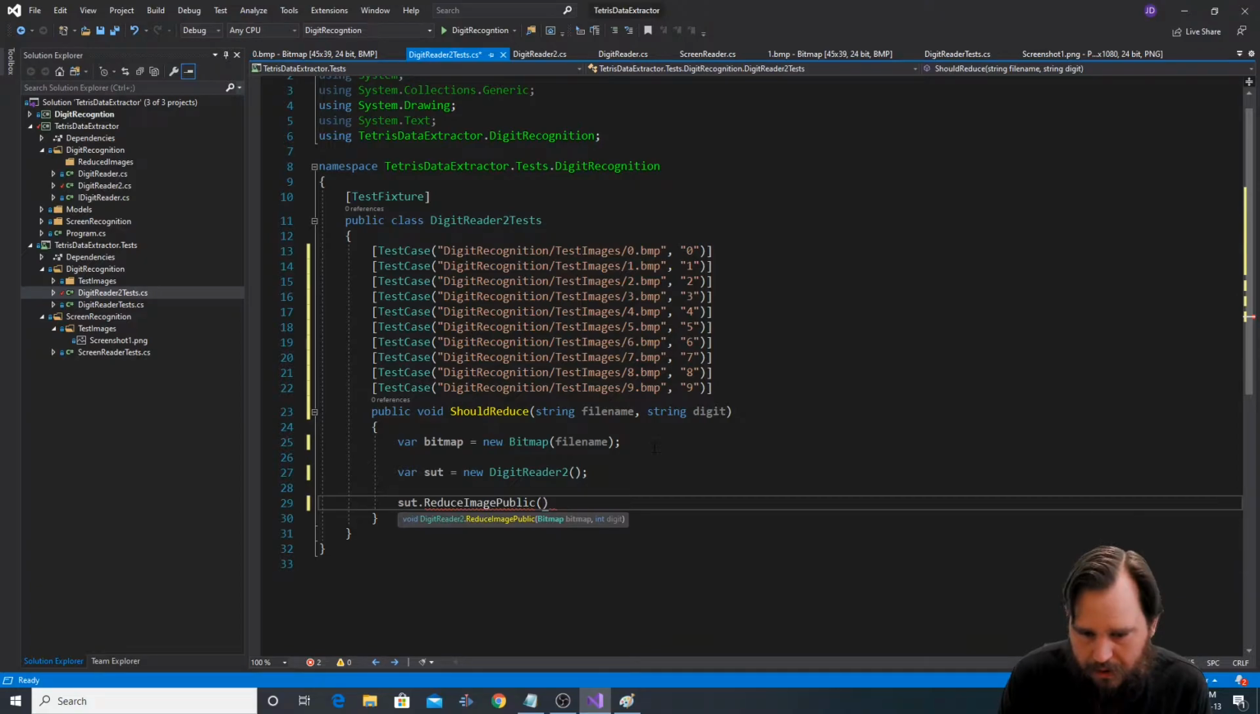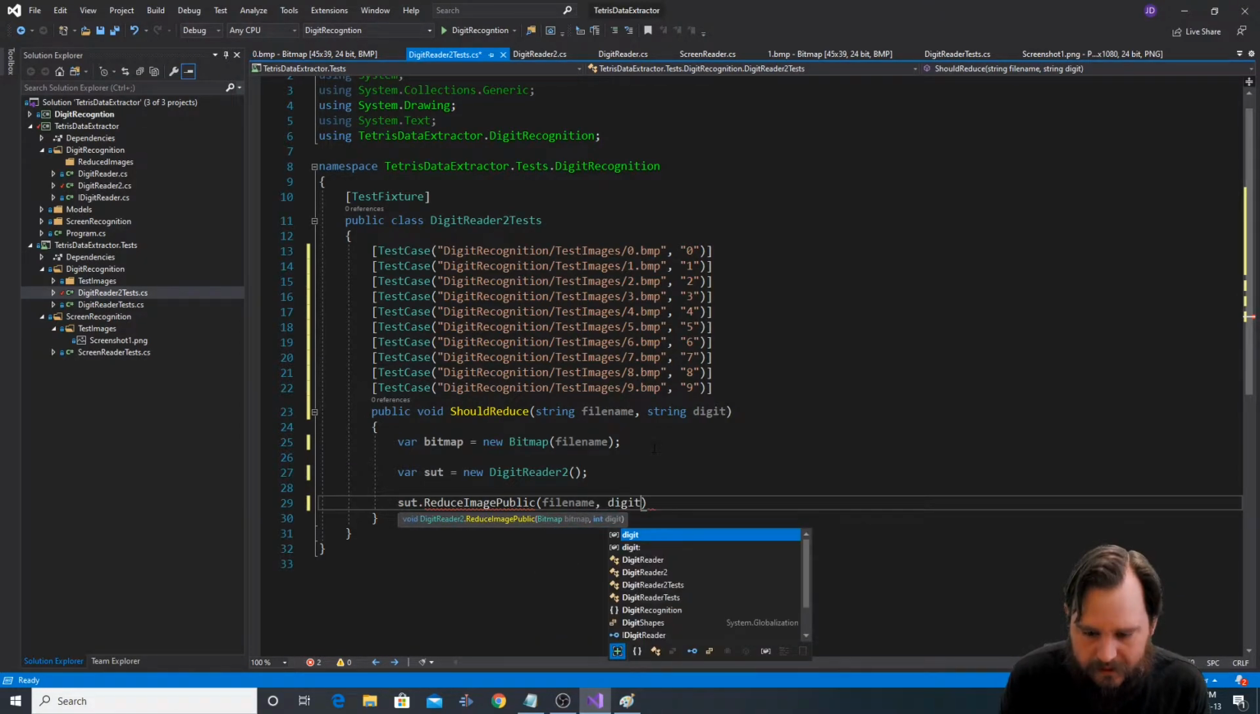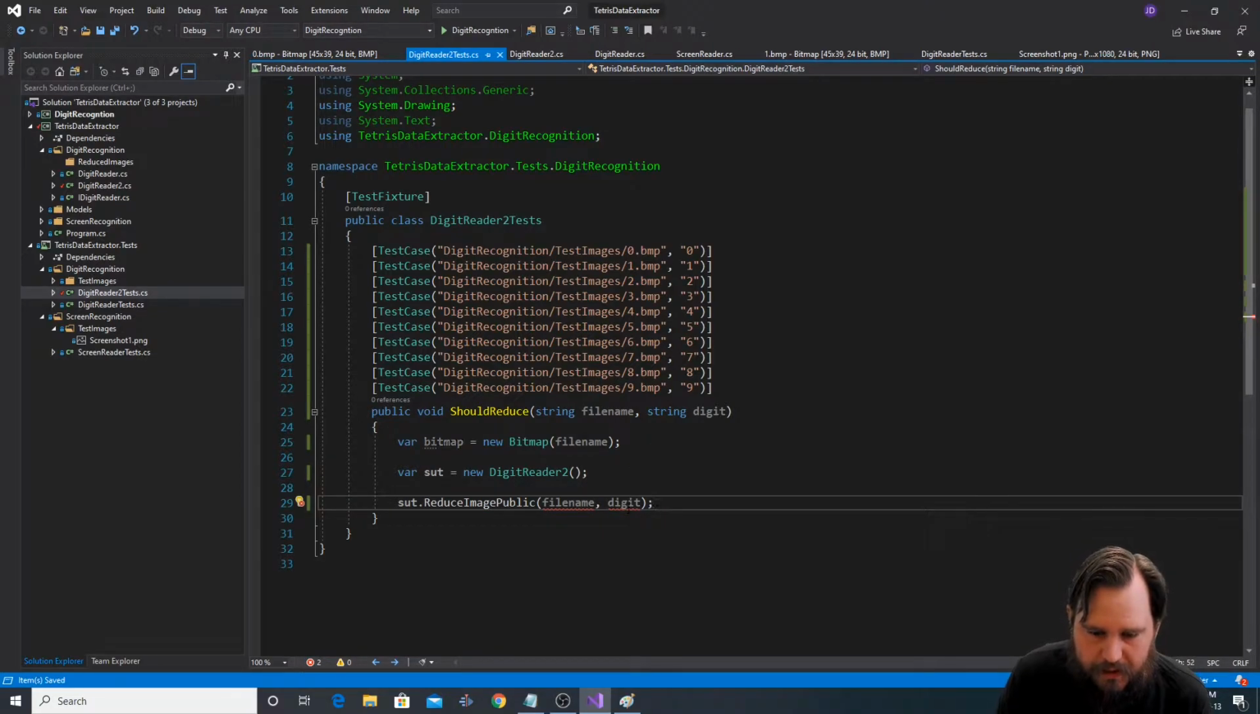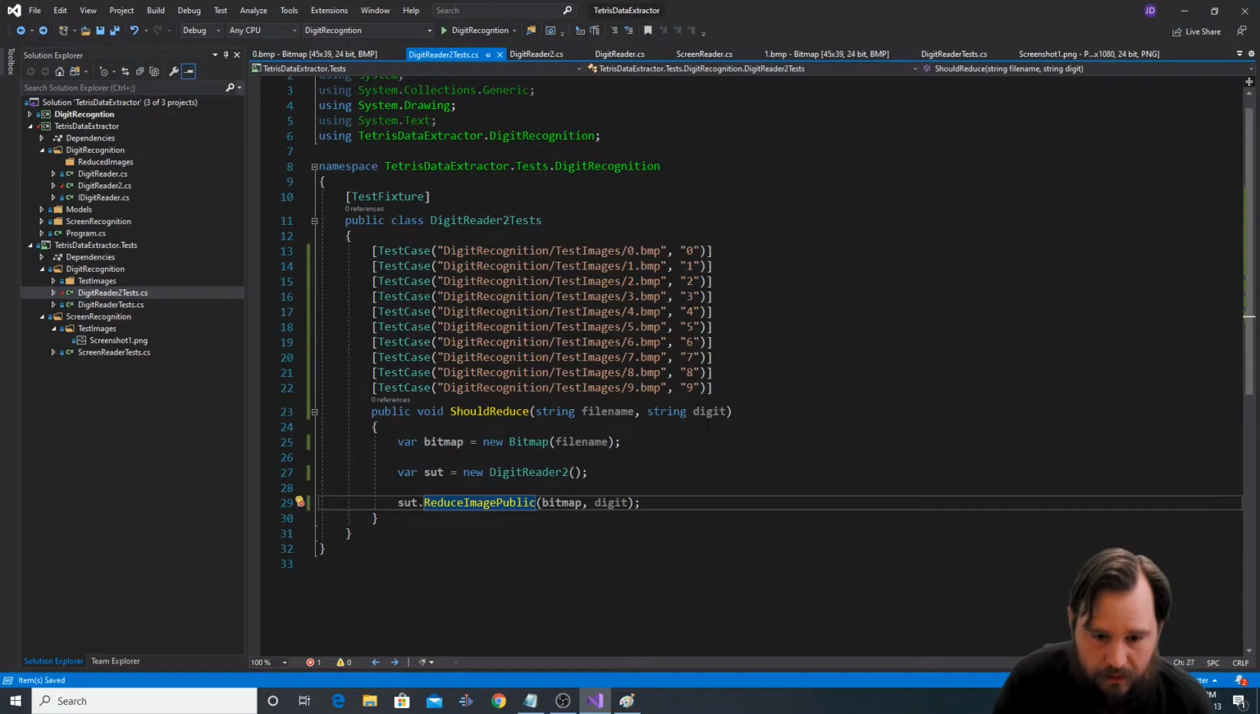reduce image public, file name, and digit, and that's going to complain at us because digit's a string. Digit's a string and it's wanting an int, and so we'll go into here and we'll change this to a string because really it doesn't matter. We'll go back, and now we're going to run